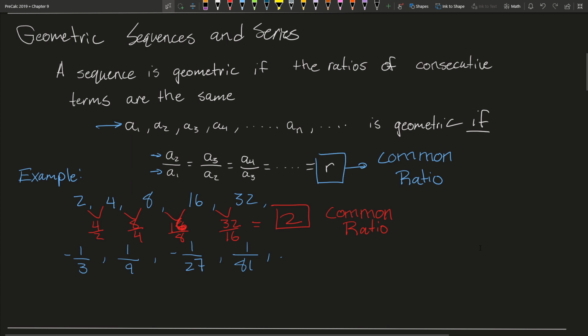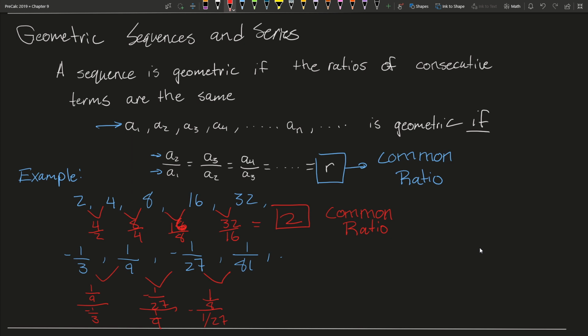And in the second sequence, again, we do the same thing. In order to make sure it's geometric, we need to find a common ratio. So we would take 1/9 divided by -1/3, -1 over 27 divided by 1/9, 1 over 81 divided by 1 over 27,